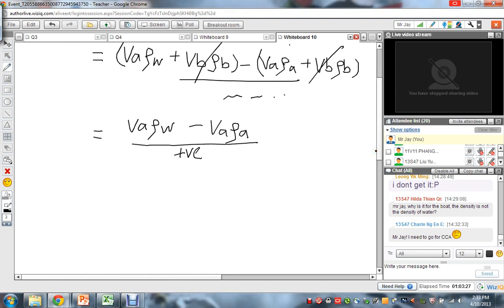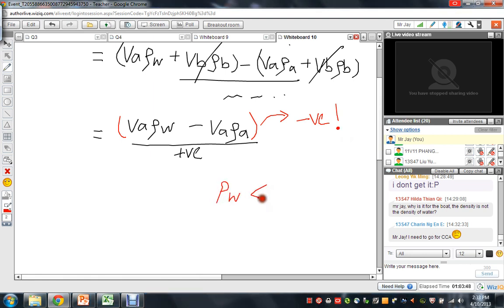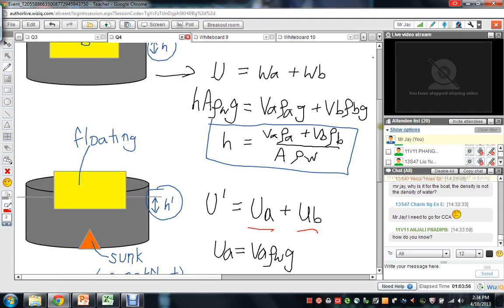Is it a positive or negative number? It's totally negative, because the density of water is less than the density of the anchor. So if this numerator is negative, it means that